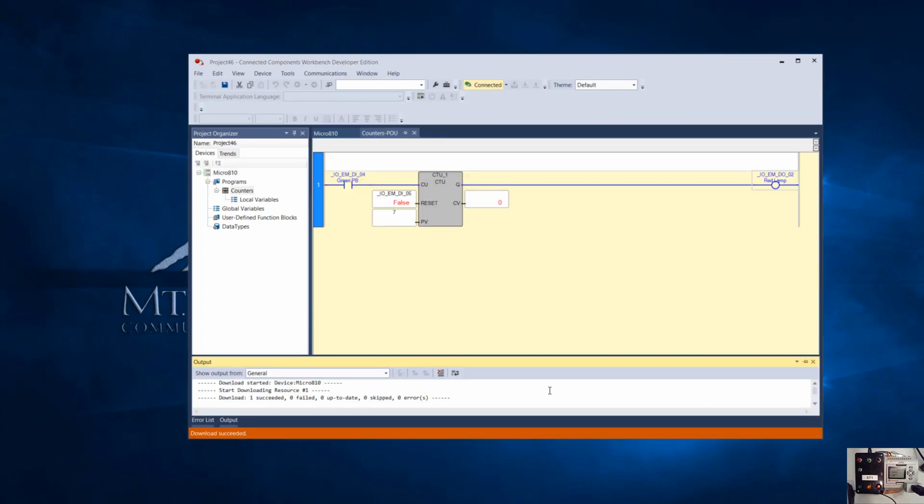Okay, so it's downloaded, and you can see our program in here. Rungs are blue, instructions are blue, so nothing has gone true yet. You can see that the reset is false. That's looking at my black push button I think I set there, and the current value is set to 0. So I'm going to hit the green push button once, and you can see that the current value incremented by 1. I'll hit it again and it goes up to 2,